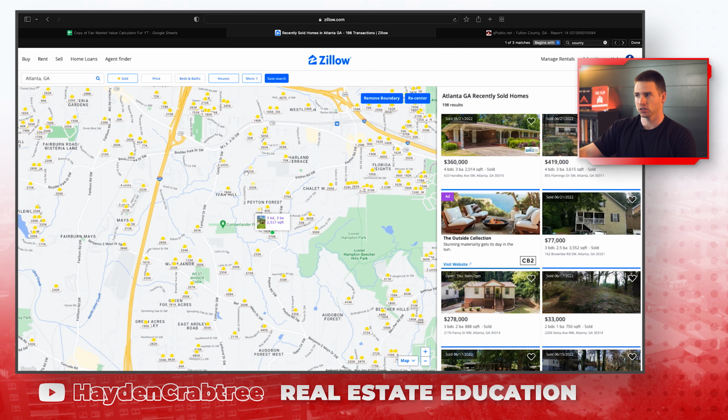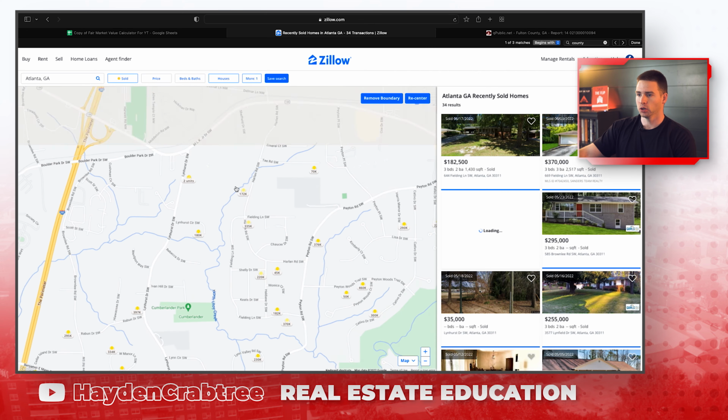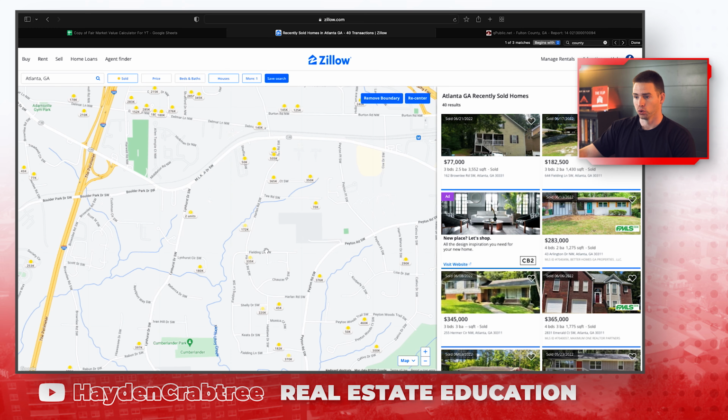Because this property definitely looks a little nicer. The other one needed a little more work. I'd prefer to find really more properties just right here in this general area instead of having to go out. And this is the thing, right, even real estate agents and real estate appraisers, this is a game of selecting